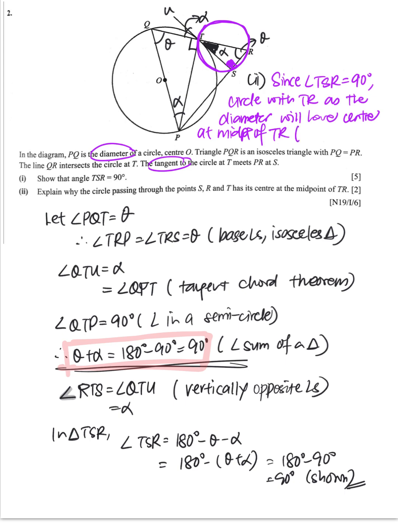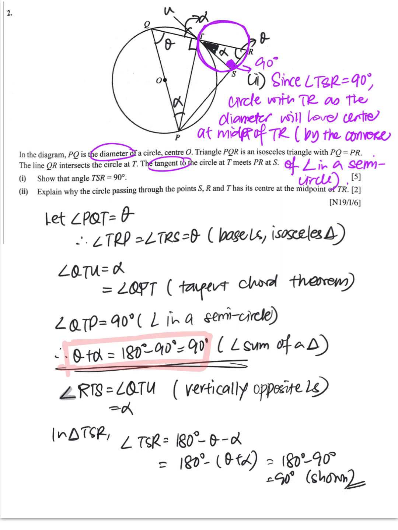Reason? By the converse of angle in a semicircle. Okay, done. So essentially what you're saying is that because this is 90 degrees, right, it means that TR is a